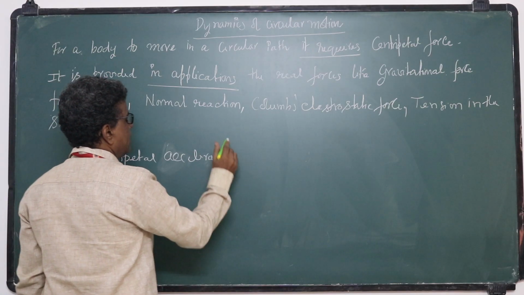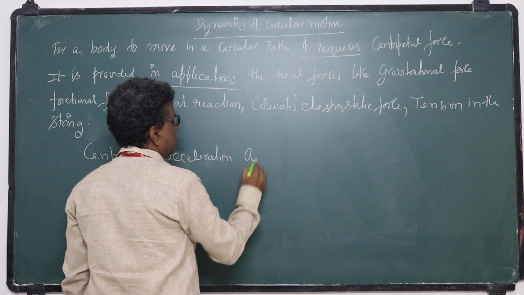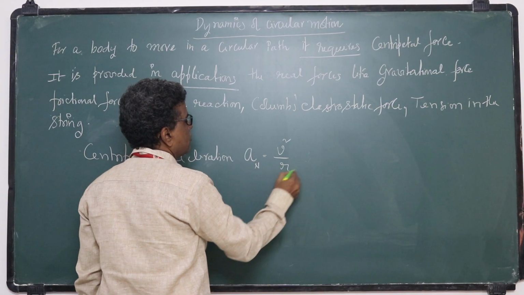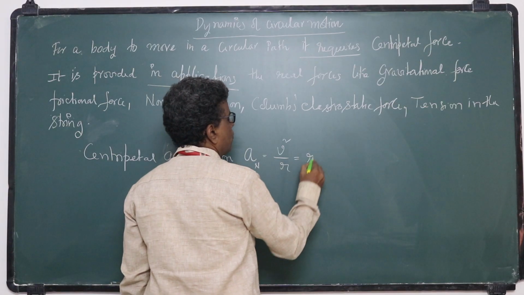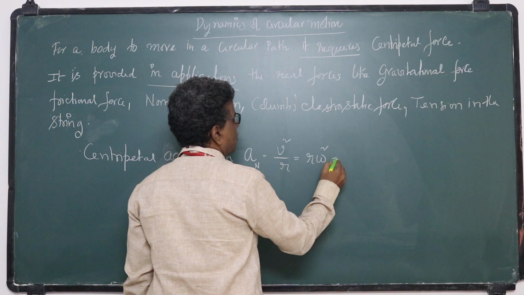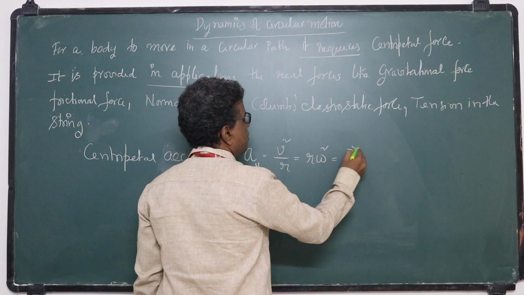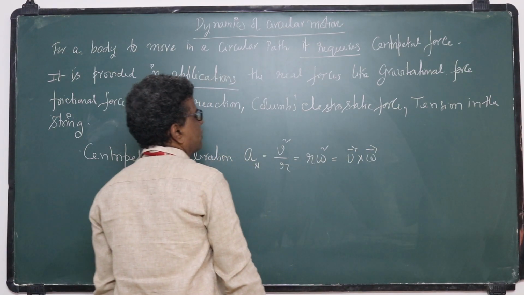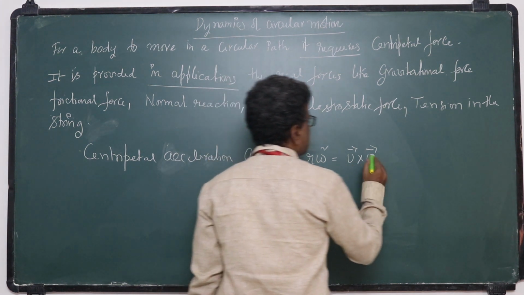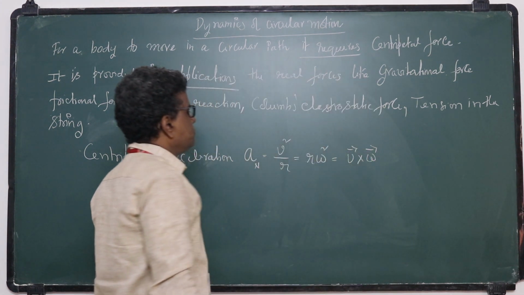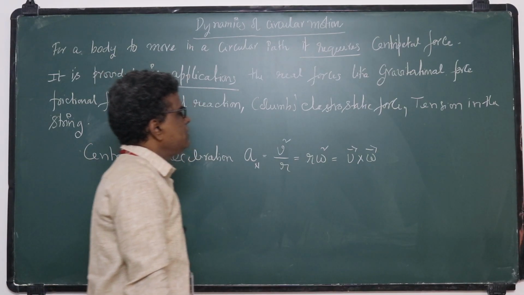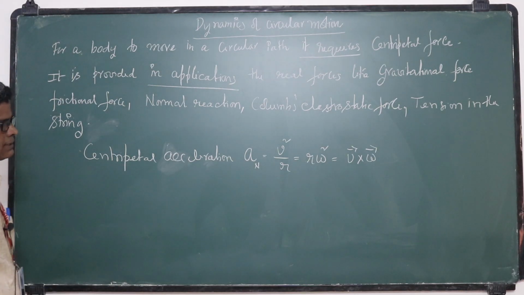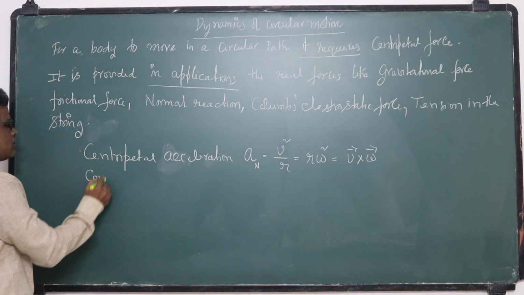What is the centripetal acceleration? a is equal to v square by r, or r omega square, or we have v bar cross omega bar. So these are the centripetal acceleration. So centripetal force,